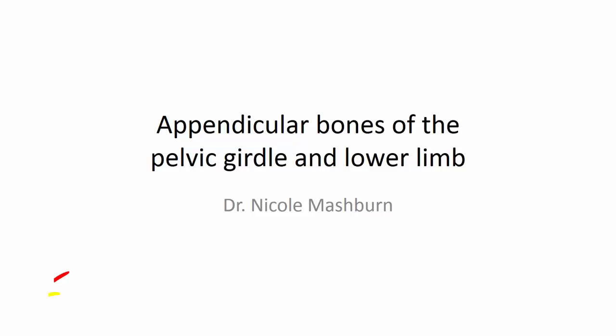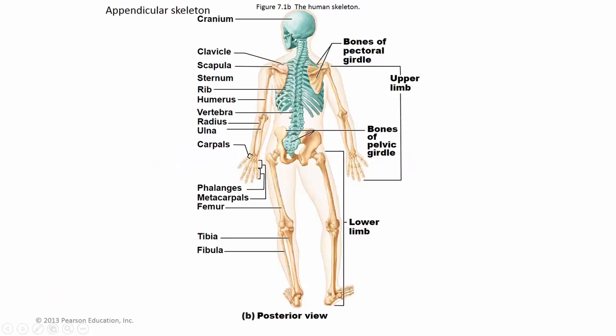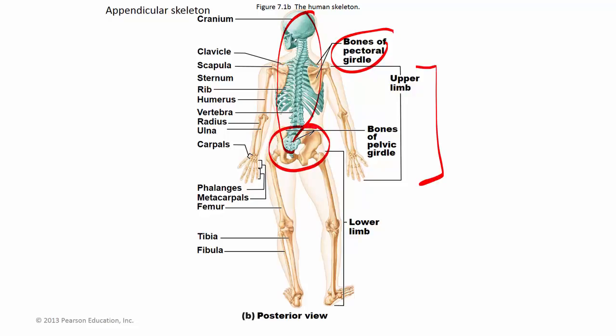Hello again, Dr. Mashburn, and we're going to continue our bone lab videos talking about, again, the appendicular skeleton, and in particular the pelvic girdle and the lower limb. So again, just for review to see where we are, remember your axial skeleton was your head, ribs, and backbone, your vertebral column. We've talked about the bones that make up your pectoral girdle and your upper limb. So today we're going to talk about our hip bones, or the bones of the pelvic girdle, and also the